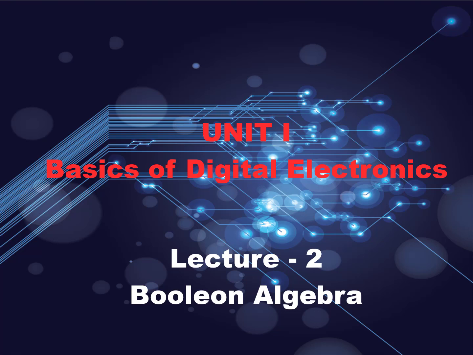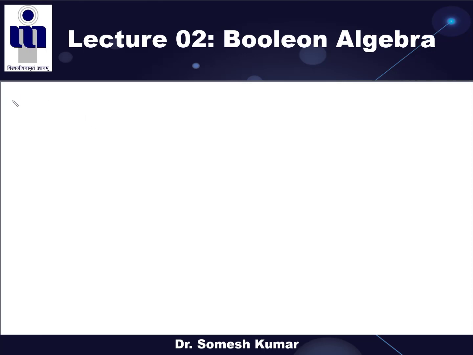So now we proceed to the next topic: how to minimize an expression using Boolean algebra. Now I am writing one simple example here. You have to tell me how to minimize this expression: AB bar plus AB plus A bar B bar. This is one more example on the previous discussion. So now how to minimize this?